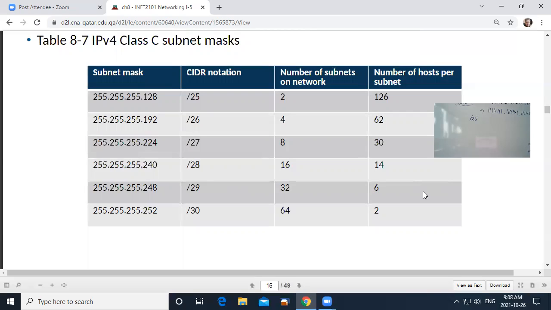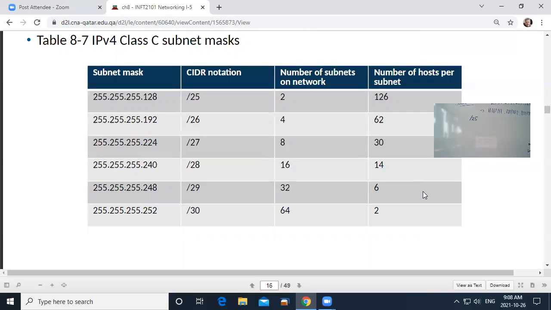No, I need 8 networks. All right, okay. So you need 8 networks. 8 networks is 2 to the 3. You're going to require 3 bits from the hosts. And so that's going to be 128 plus 64 plus 32. That's going to be 224. That's going to be your network mask now. Your network mask is going to be 27 ones altogether, right? 8, 16, 24, and 3.